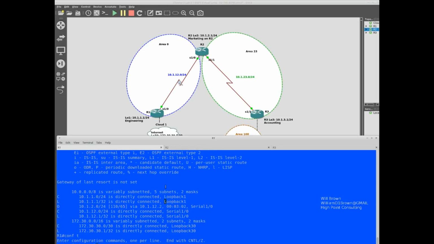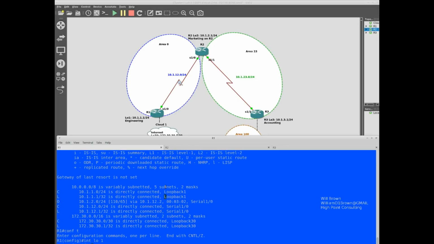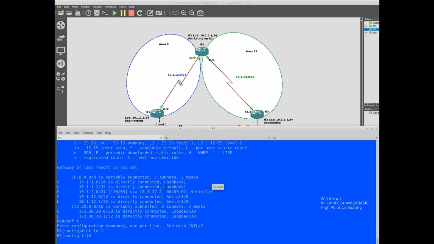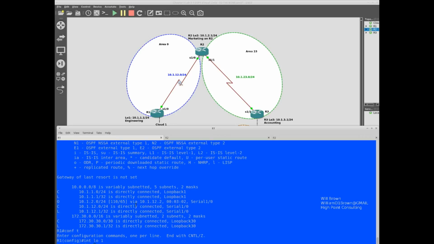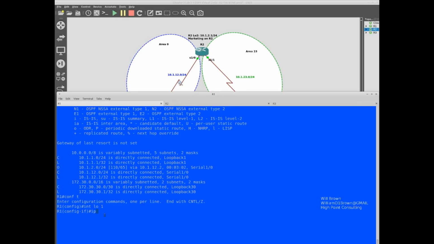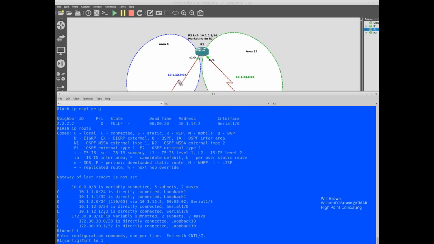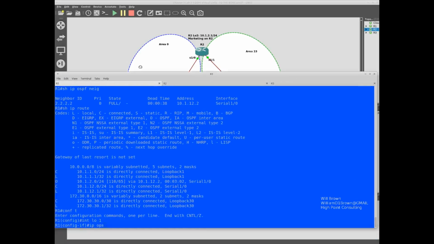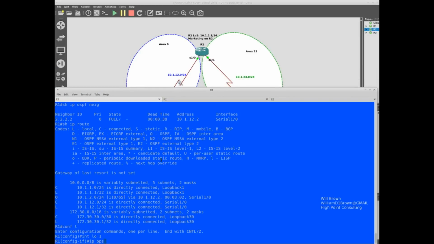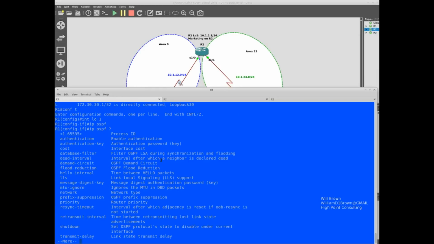And that's interface loopback 1. And we're going to say IP OSPF.